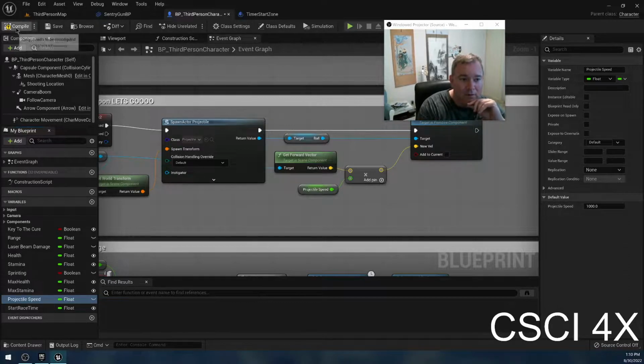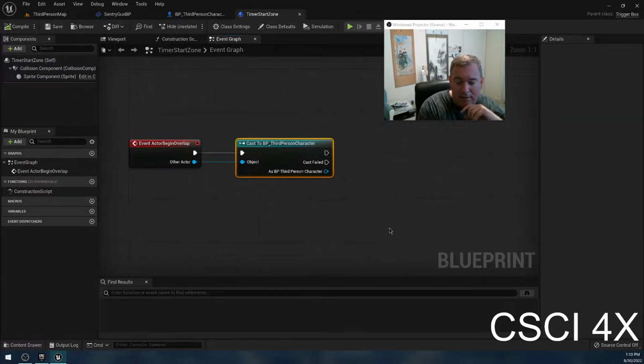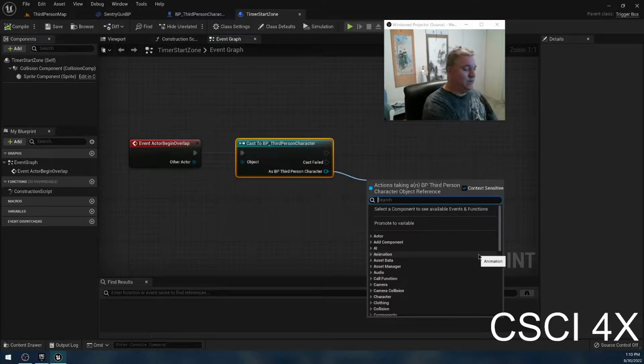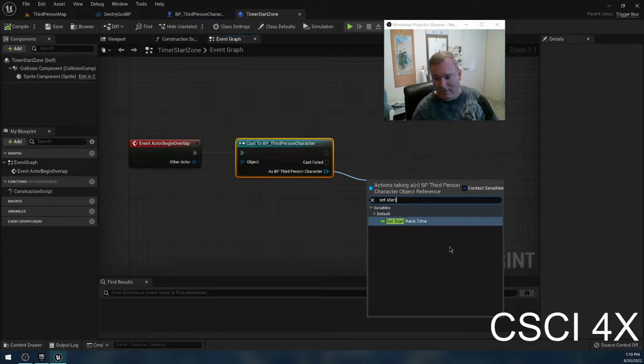Okay. So compile it, save it. If you don't do that, it won't appear over here. And don't forget to compile and save, it's just every time. And so we're going to drag off the blue pin. Don't drag off the white pin. Drag off the blue pin. And we're going to set start race time